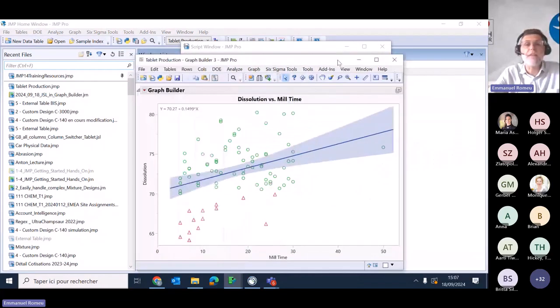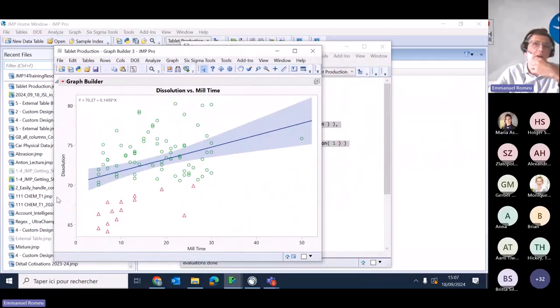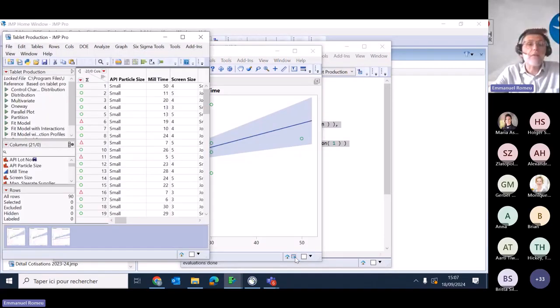And that's the benefit of this kind of script: certain information is not hard-coded, but will be adjusted depending on your data. That's really the goal here, that things are adjusted based on real data. So you don't have to care about the axis. You just have to care about what you want to display, dissolution versus mealtime, and here to add a line of fit plus its equation. If I step back and put my 27 again,